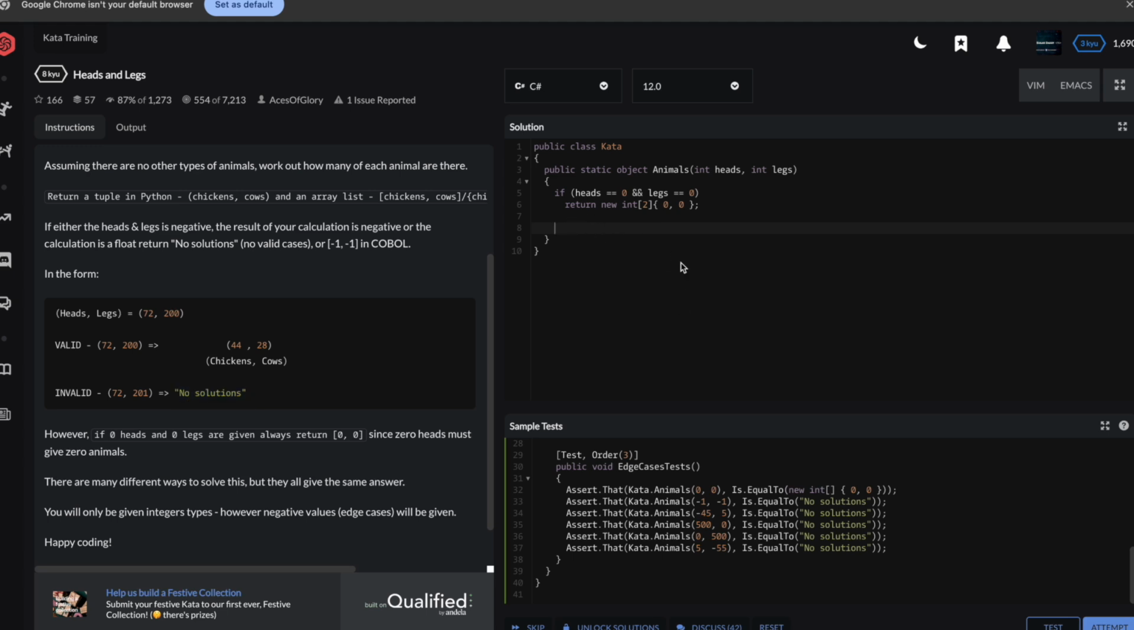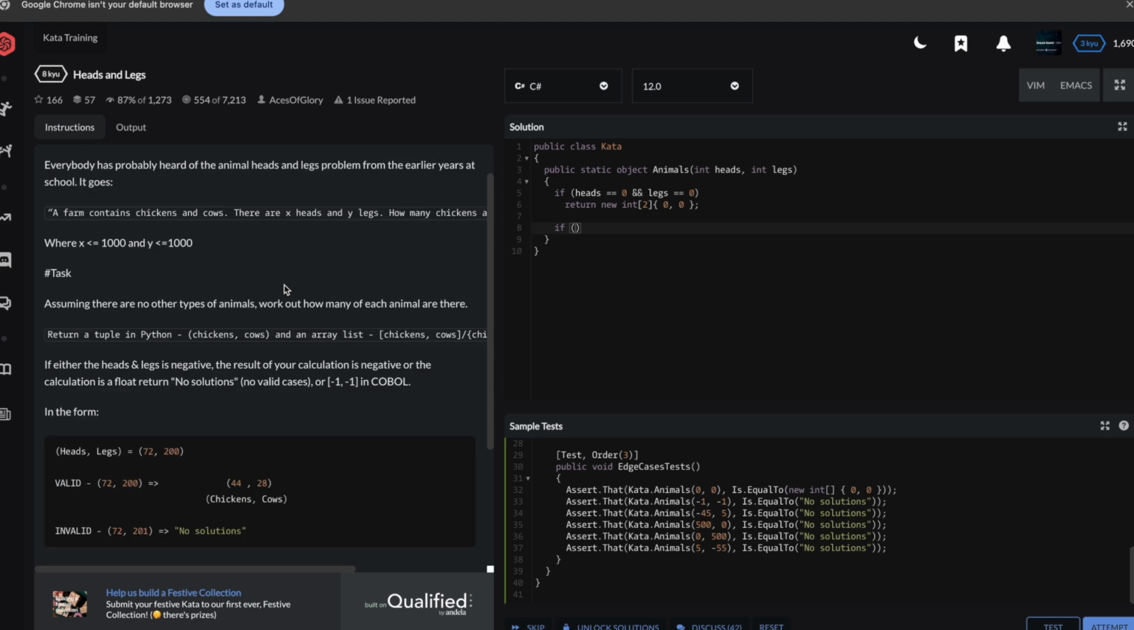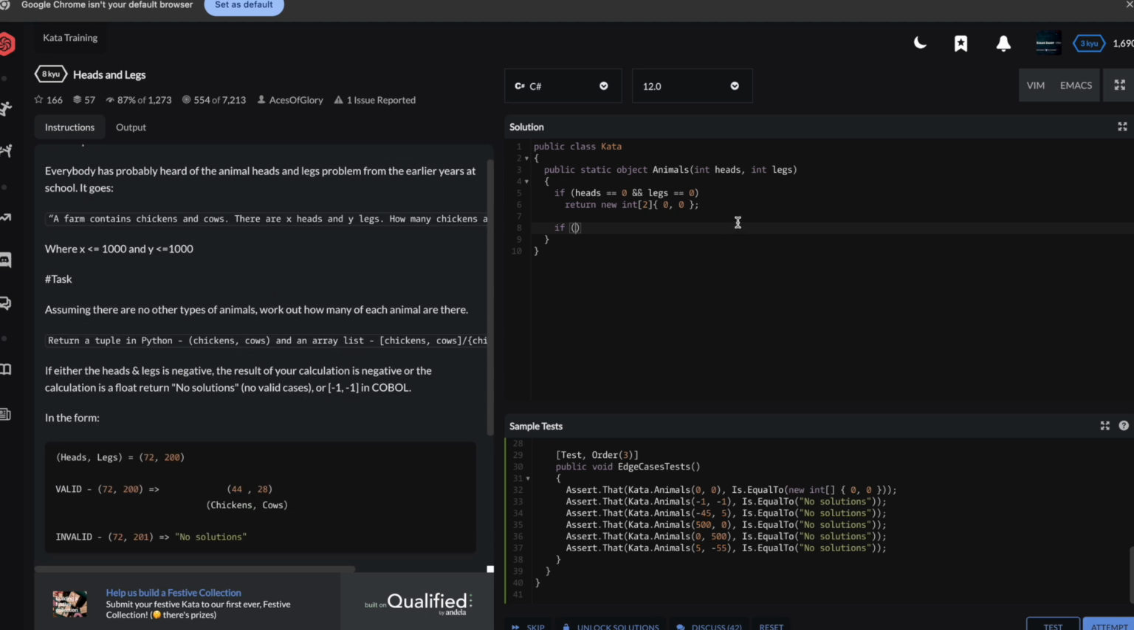If I were to try to express what I said in code, it could look something like this. They address negative values as well, which are nonsensical. So you could say something like, if heads is less than 0 or legs is less than 0, right? Those would be nonsense. Or the case where you have too many legs, so I'll say if the legs amount is greater than the heads times 4, because that would be the